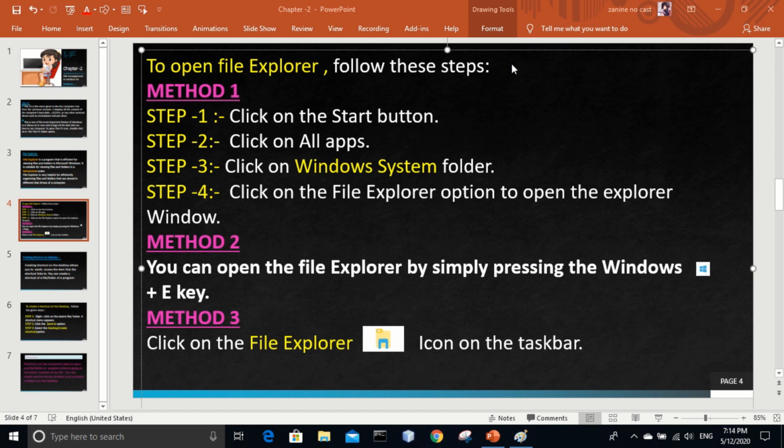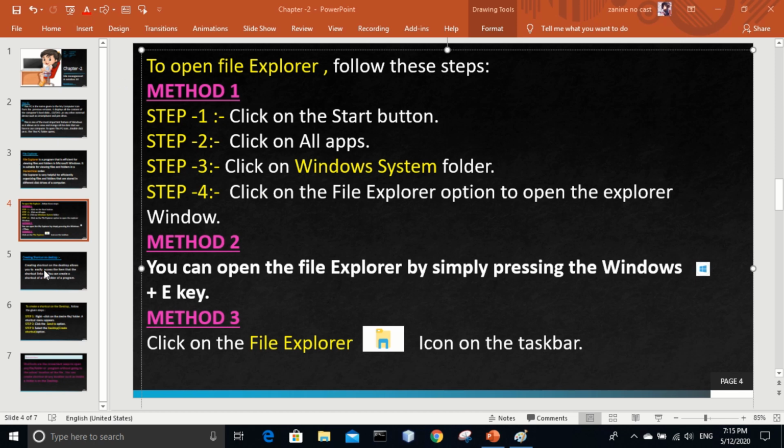We just press the Windows key and E key on the keyboard. In the third method we just need to take help of the mouse. We take our cursor to the taskbar and click on the File Explorer icon and our File Explorer screen comes to us. Okay, understood? Is it clear to all?